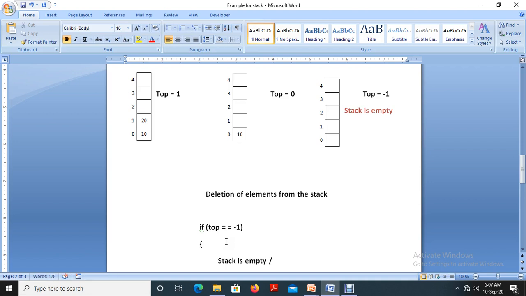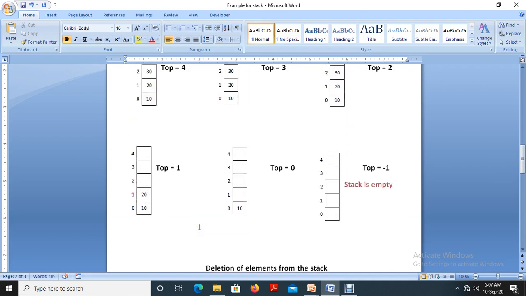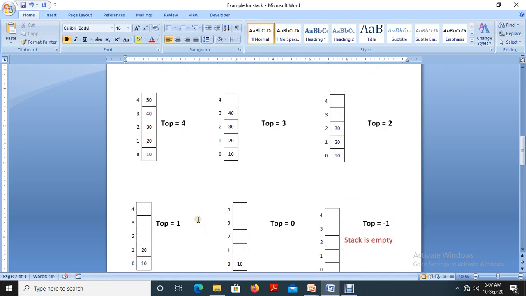Or we can say that no element to delete from the stack and exit. So this is a procedure for deleting an element from the stack.